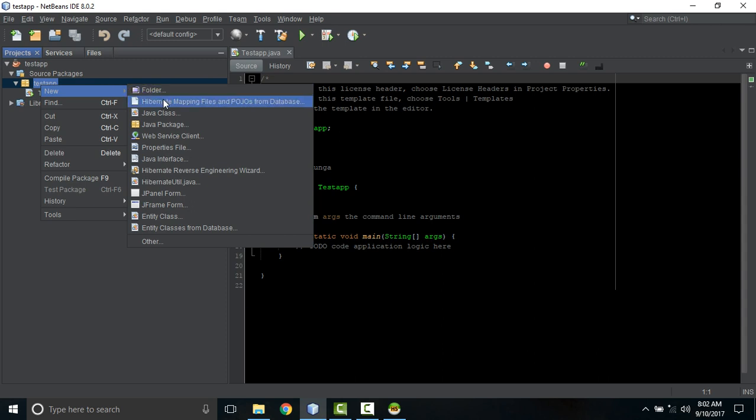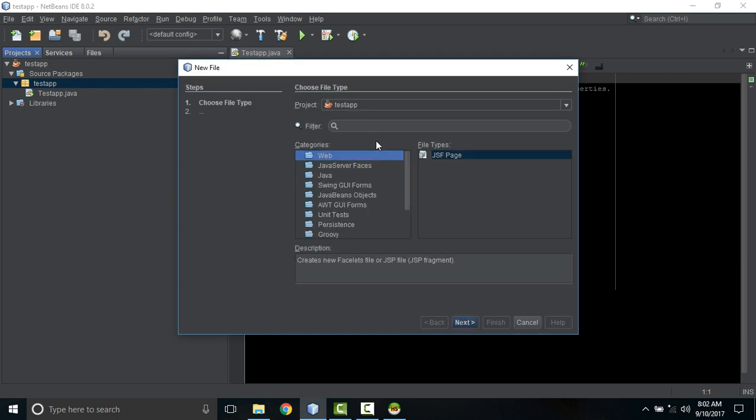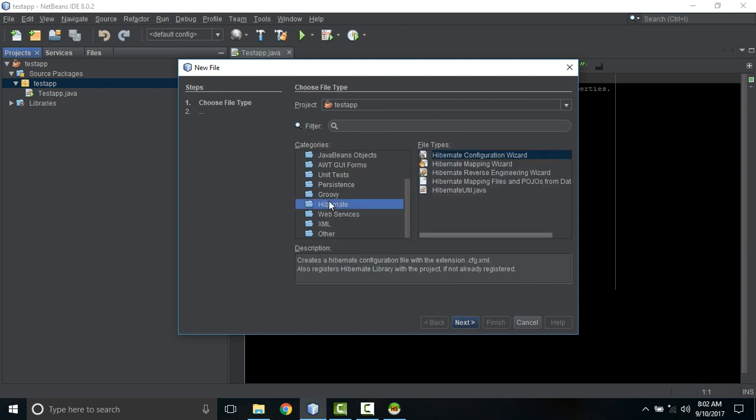You select Hibernate mapping files and POJO from database. Now for me, because I've used this often, it's here, but if you don't find it on this list, you come to other. This window will open. Then right down here you have Hibernate. You choose Hibernate. Okay, so we're going to create